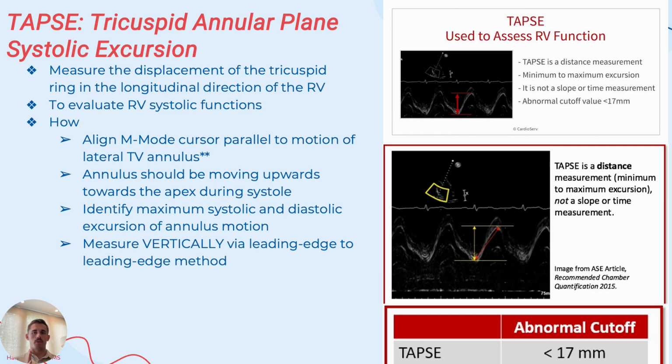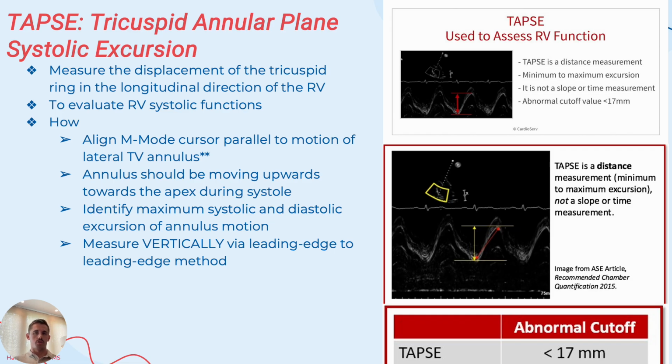And remember, when we're in an apical 4-chamber view where the ventricular and atrial septum are straight up and down, we're identifying the maximum systolic and diastolic excursions of that annulus motion, and then measuring leading edge to leading edge. Once we've found that with M mode, we can place both of our cursors on it to measure the systolic excursion to the diastolic excursion, and then take that value. An abnormality should be under 17 millimeters. Remember that's showing that there's decreased excursion or decreased movement of that tricuspid valve, which is an indicator of